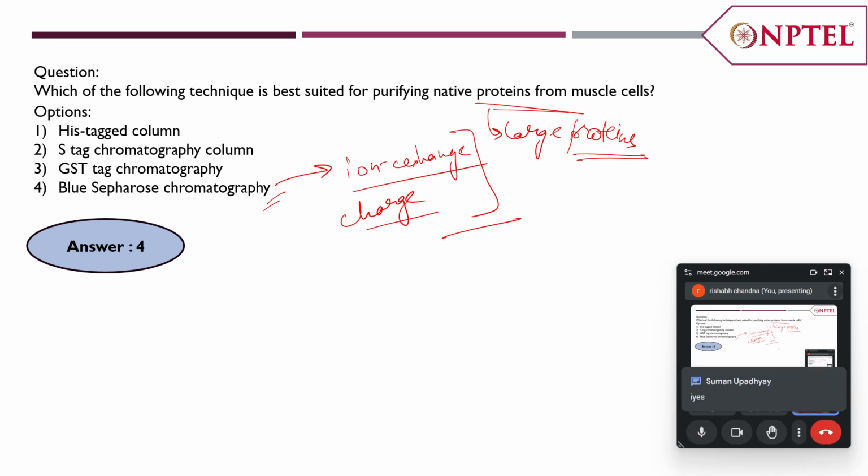Okay. So what happens in case of muscle cells? We have proteins that are large, and we cannot tag them basically because of their huge size, and they are involved in the strength of the cell membrane or the muscle membrane. So for that, we have to separate them on the basis of the charge present on the molecules. So we have a specific kind of column, blue Sepharose, that requires a dye that is blue in nature. Okay, so that dye name is basically